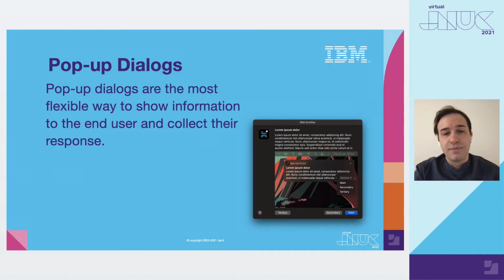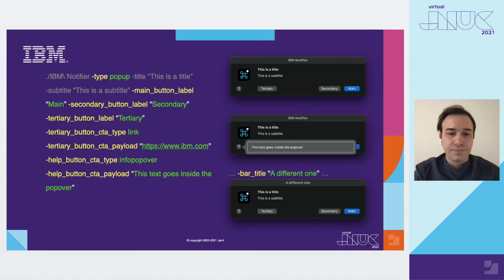Pop-up dialogues are basically the most used UI that we have inside our workflows, because it provides a really consistent way to interact with the end user. As you can see from this example, to trigger a simple pop-up, you need to do nothing else than define a type pop-up. Then we define a title, a subtitle, and then we define 3 labels for the 3 main